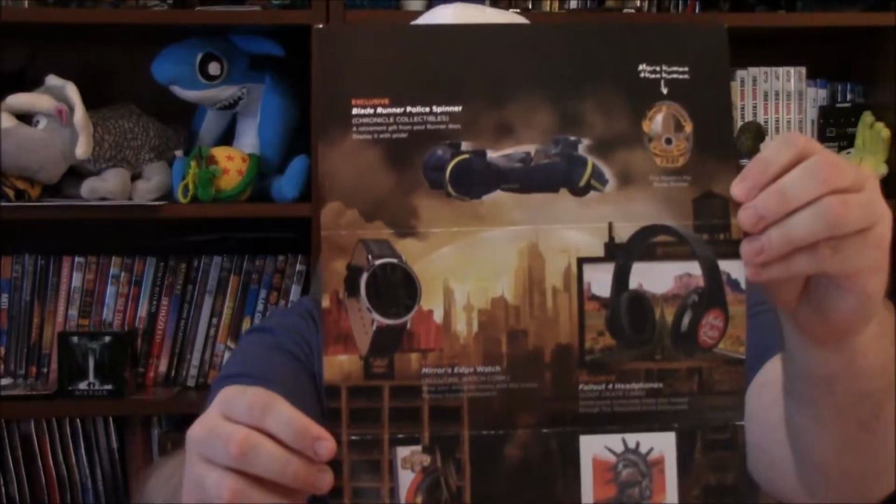Okay. So this month's is Dystopia, which here's the card for this month, showing you all the cool things you're supposed to get. We've got 1, 2, 3, 4, 5 things plus the pin. So the very first thing on the top of the box is